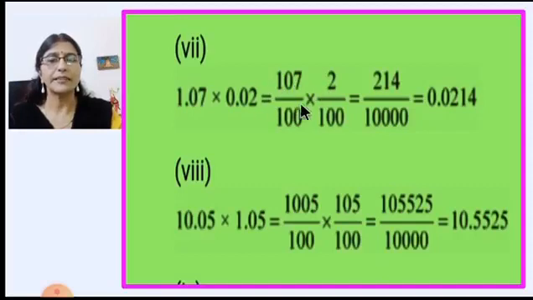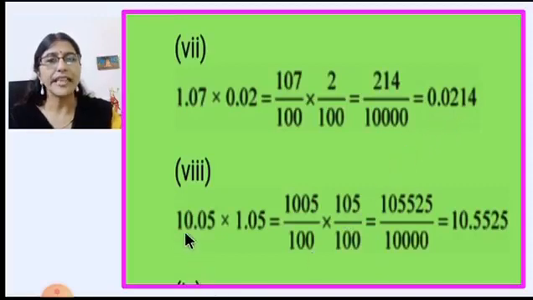Now you know multiplication of fractions, we will multiply the numerators. 107 into 2 is 214. 100 into 100 is 10,000. Now you know how to divide. Here there are 4 zeros after 1. So we'll start counting from here. 1, 2, 3. 3 places are occupied by these numbers. So we'll add 1 zero because you have to go 4 digits here. You can't keep it blank. And before that we'll put the decimal point, and before the decimal point we will give 1 zero. So this is the way you have to solve.